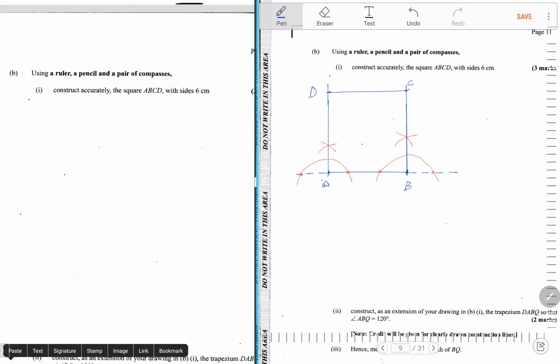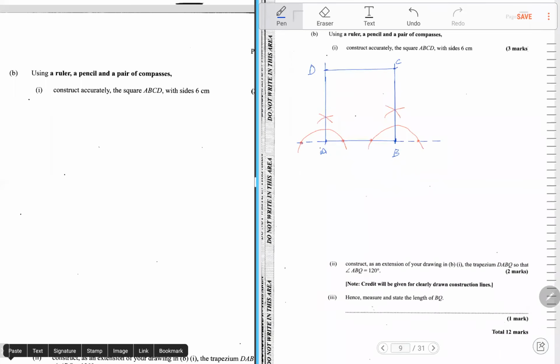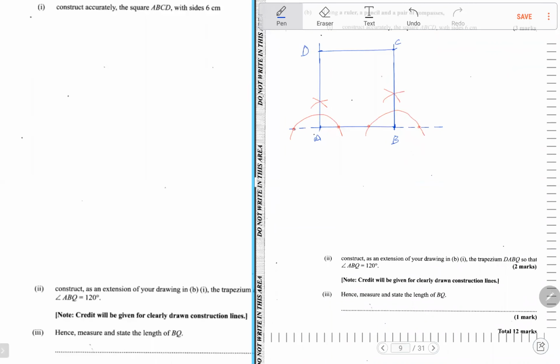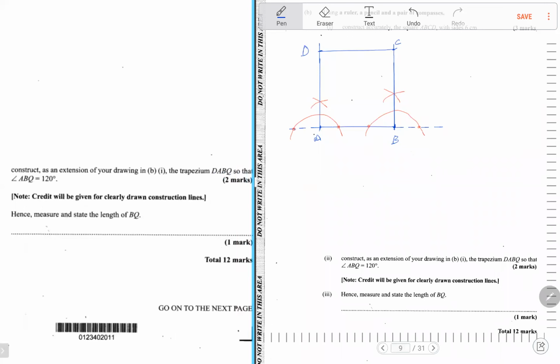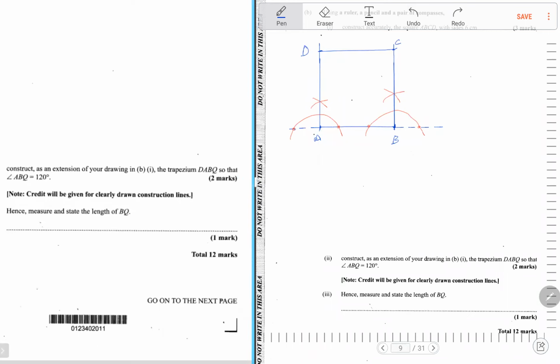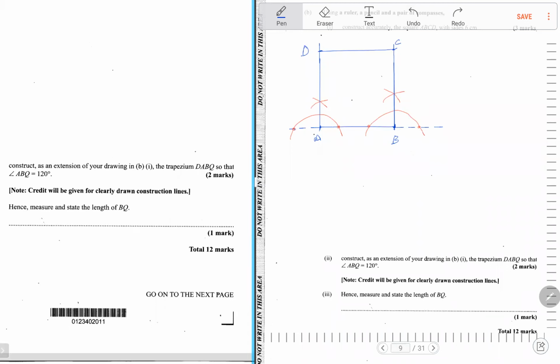All right. And the next part now says, construct an extension of your diagram. Let's read it over here. It says construct an extension of your diagram in B1. We need a trapezium. Construct as an extension to your diagram in B1 the trapezium